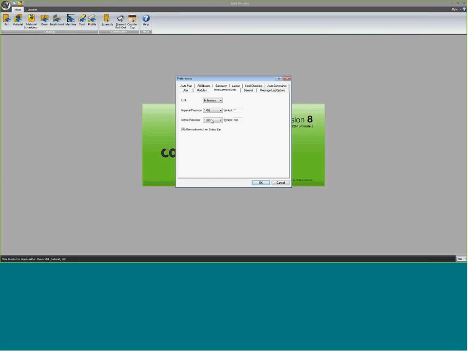You can set the precision of both your imperial and your metric units, instead of the default unit. Most of you know that you can switch on the fly in Cabinet Vision, so you can be drawing in inches and convert to millimeters to send to us, or vice versa. Or just use millimeters. Anyway,